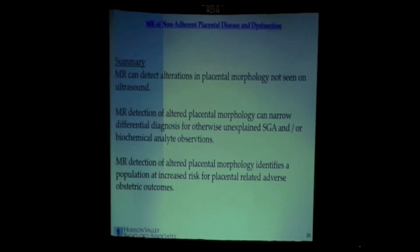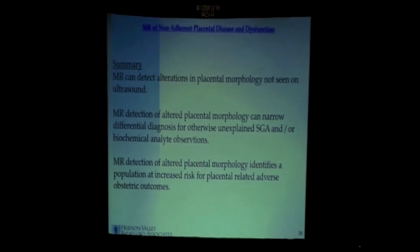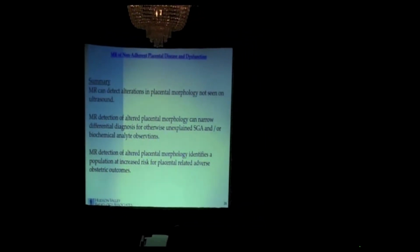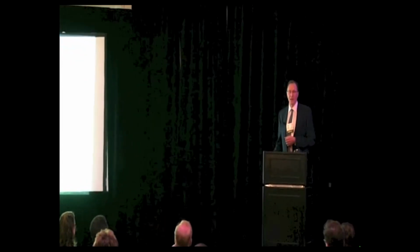So in summary, I think the MR of non-invasive, non-adherent placenta disease can detect alterations in placental morphology not seen on ultrasound. MR detection of altered placental morphology can narrow the differential diagnosis for otherwise unexplained SGA and or unexplained biochemical analytes. Whenever you have an SGA fetus that has normal chromosomes and no detectable malformations, is that SGA fetus